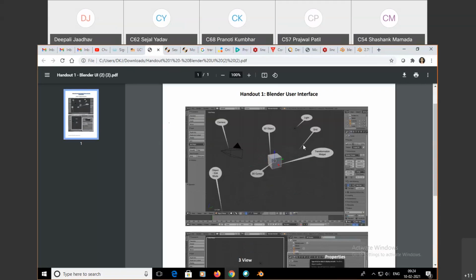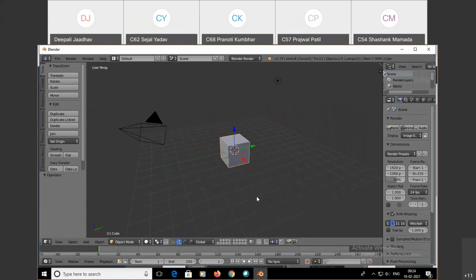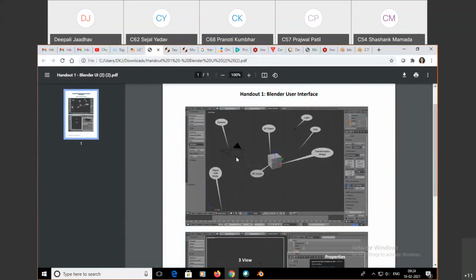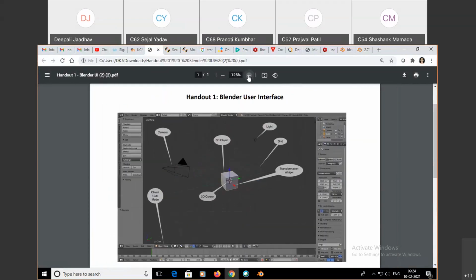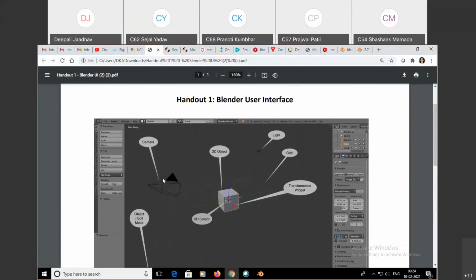So here you can see this window that we have opened. Here light is there, camera is there, and this object is there. So it is a camera.